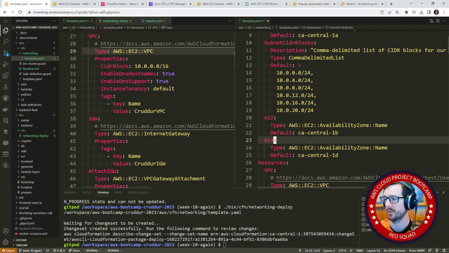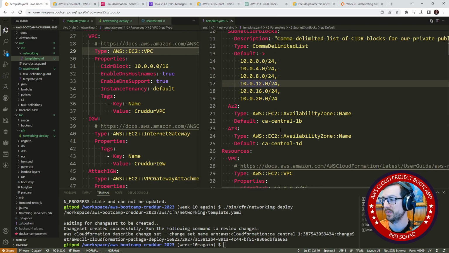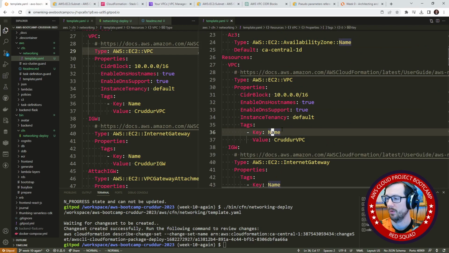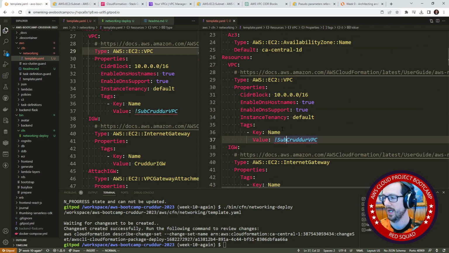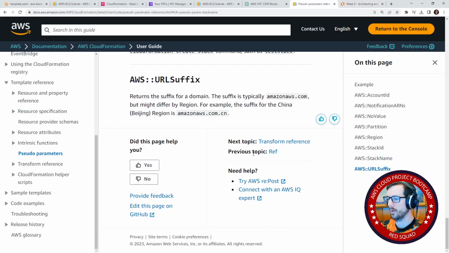So if we want, what we can do is we can use a substitute. So in our tags here, we'll do sub like that, and then we can put in this. And then I think it's curlies like that, and so that should interpret the name. Now this is for substituting a string, so probably do this so that that doesn't error out. I can't remember if we need a pound on that or not, so I'm not sure if we have an